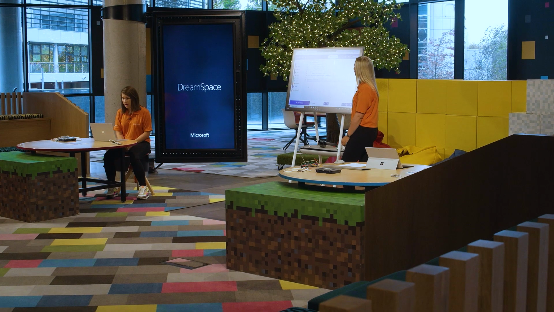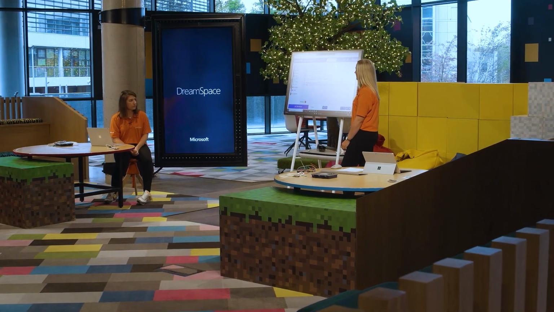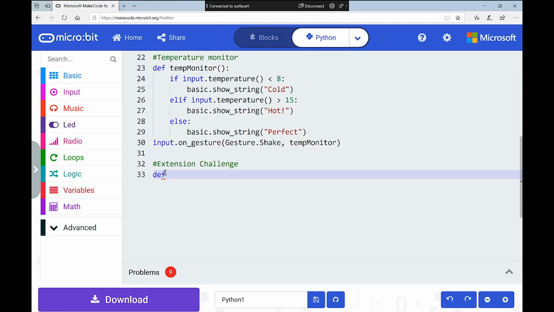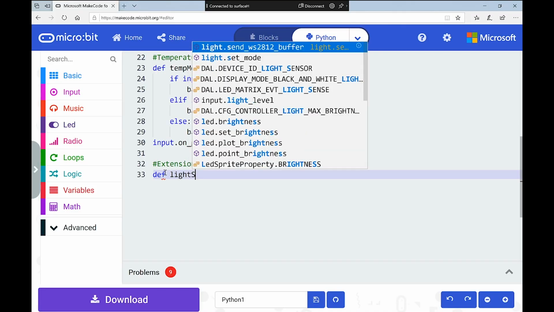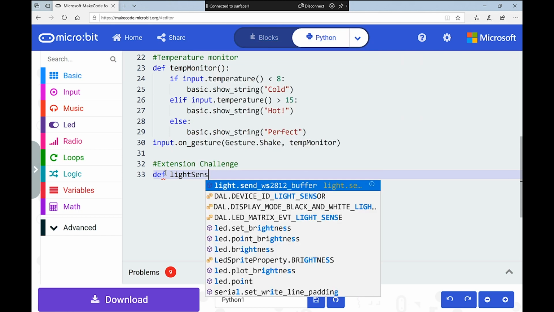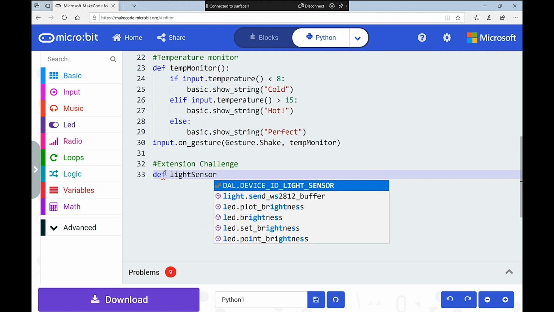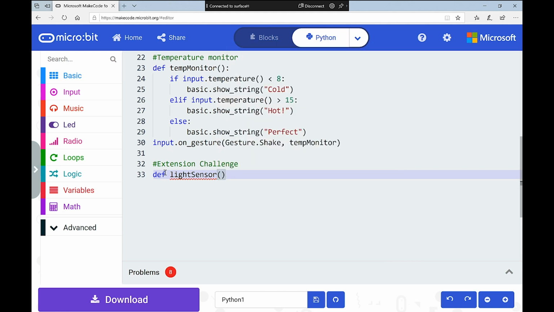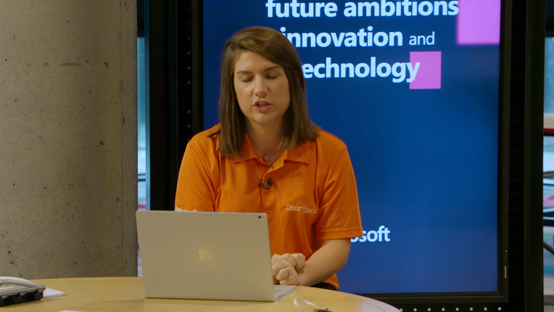So Niamh, what will I call this one? Light sensor. Light sensor, cool. So I'll do lowercase l and uppercase s for sensor. And remember then for my function, I have to do my brackets. I'm going to open my bracket. And then remember, very importantly, which I did forget in the last episode when I had a bug, I need my colon. And now, remember we're indented because we're now going to add the unit of code that we want this function to contain.